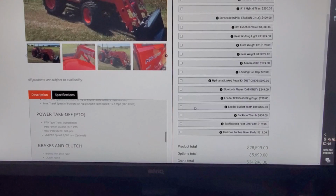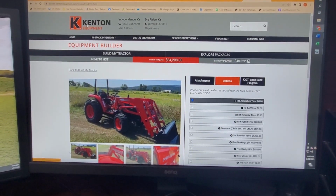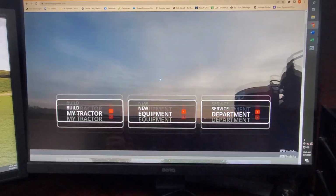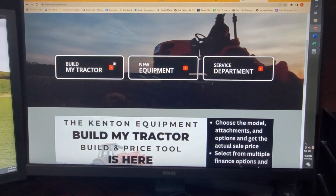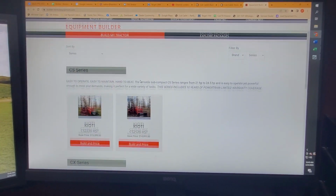So I'm going to flip the camera around and we're going to go through this thing. You can go through it yourself at our website, www.kentonequipment.com, but I'll show you the idea. So hold on a second. All right, so this is our tractor builder. Basically, you go to our website, www.kentonequipment.com. It's an awesome website. You hit our tractor builder, build my tractor, and this brings you to an interactive page